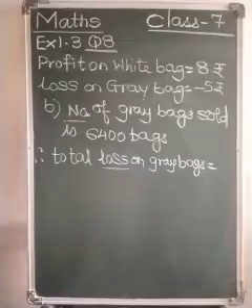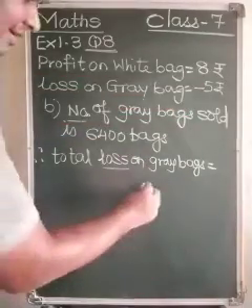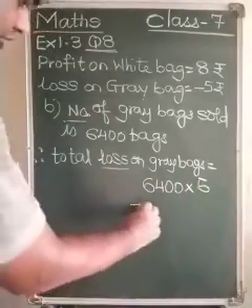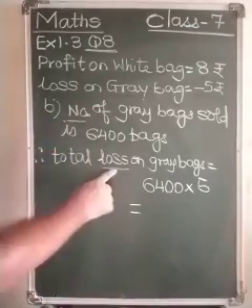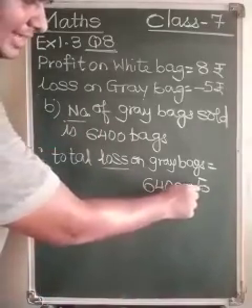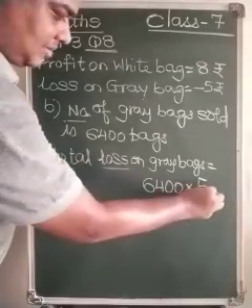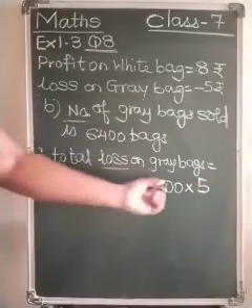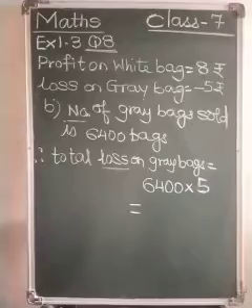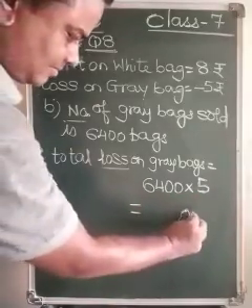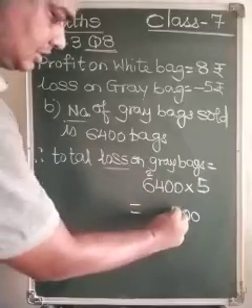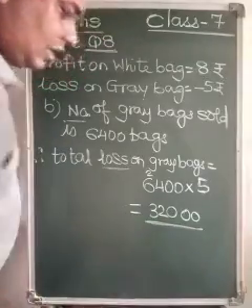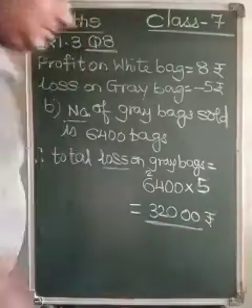Now since loss is already written, there is no need to give a minus sign, so directly we can write the number of bags multiplied by 5. Please understand this concept: loss we have written, so no need to write the minus sign here. So how much loss is the company getting in that month when they are selling 6400 bags? Let us calculate. These two zeros would be the same, 5 4s are 20, 2 0, 5 6s are 30, and 2 is 32. So the company has a loss of 32,000 rupees in that month.